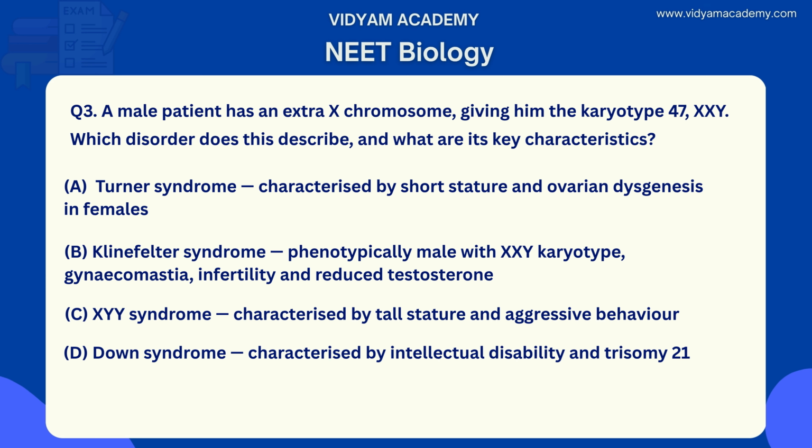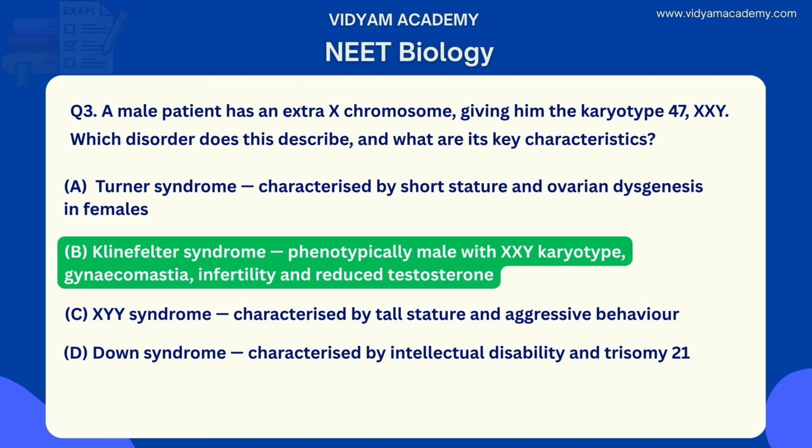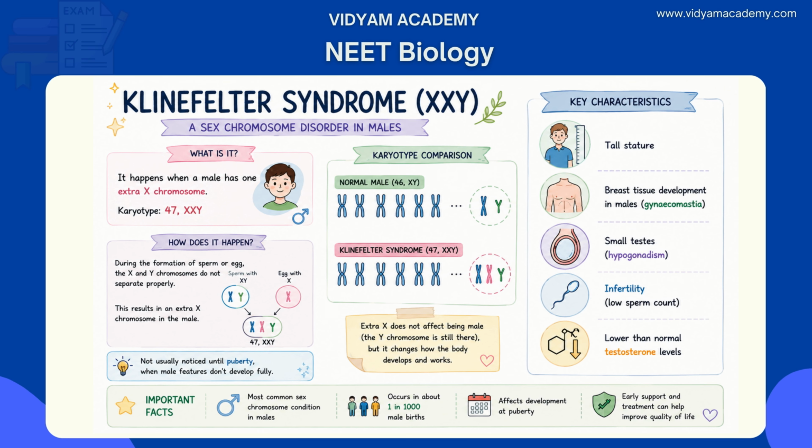So, what is the right answer for this question? Yes, the right answer is option B. Let's see why and how. Klinefelter syndrome arises from non-disjunction producing a 47 XXY karyotype, one extra X chromosome in a phenotypically male individual. The Y chromosome is present, so the SRY gene drives testicular development, but the extra X disturbs normal male hormone